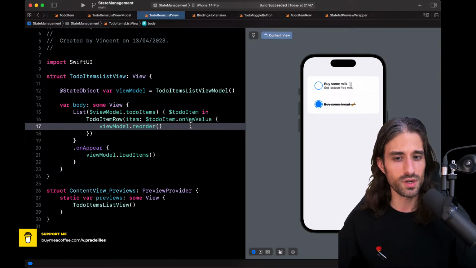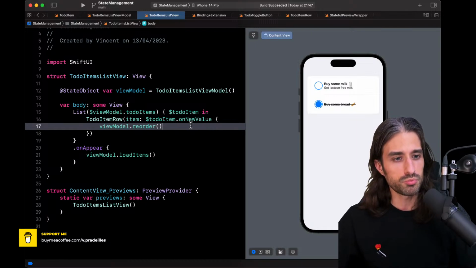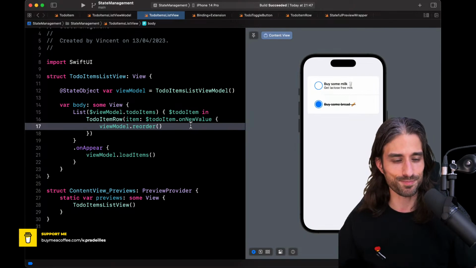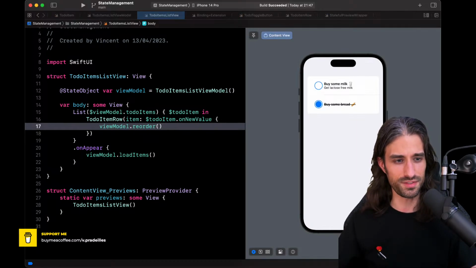But I still wanted to show it because I feel like it's a nice little solution that can save a lot of time when you need to solve a simple problem. And it also allowed me to show you how all of the easy intuitions that we could have actually don't work with this problem of needing to reorder the array of items when the user updates one of the items.